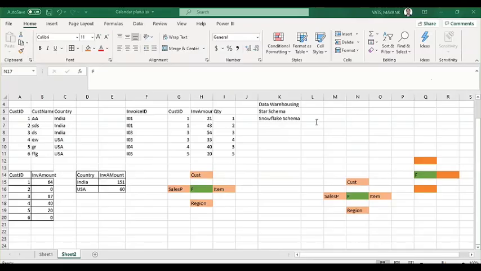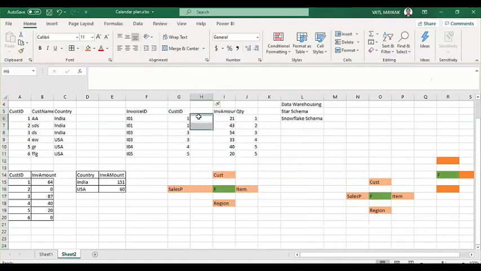I can see a question about linking two tables based on unique values. I think you answered about the fact name. No, that is just one use of it, but the actual use is different. Basically, a fact table will always have the IDs. It should not have redundant data. It should not be that you have invoice ID, customer ID, and then bring the customer name also into this table.